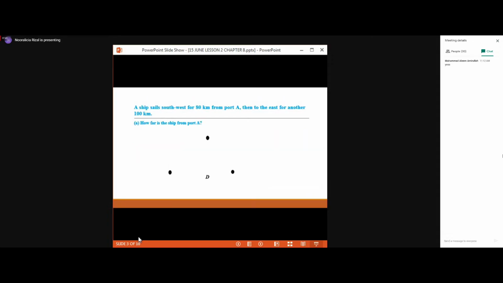So let's have a look whether you have drawn. All right, same as mine. Must be the same, okay? Because your direction is fixed. So a ship sails southwest for 80 kilometers from port A. So you must know your direction, yeah? Your southwest. That is what we have done at the beginning of your bearing chapter. So southwest,